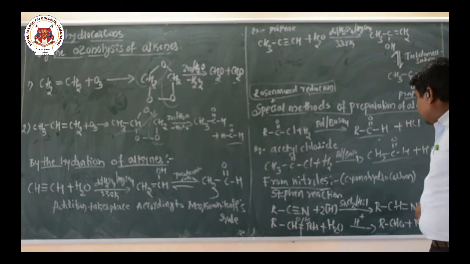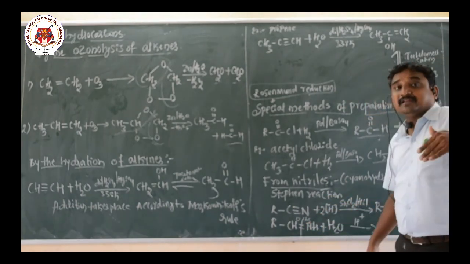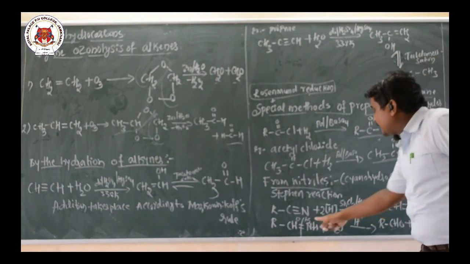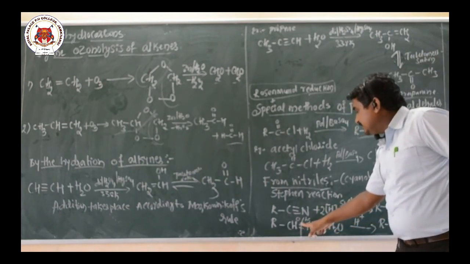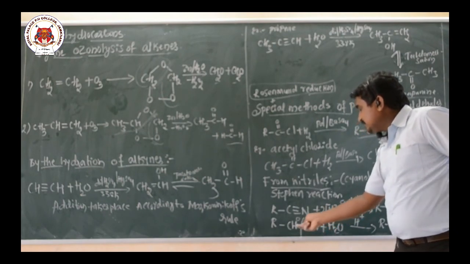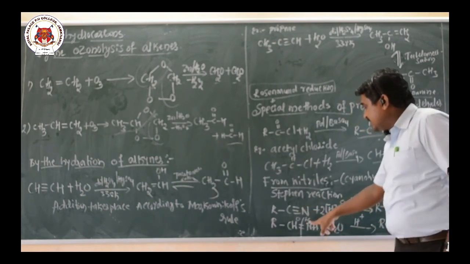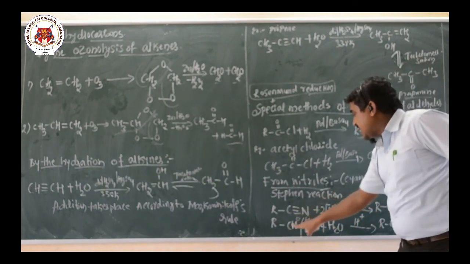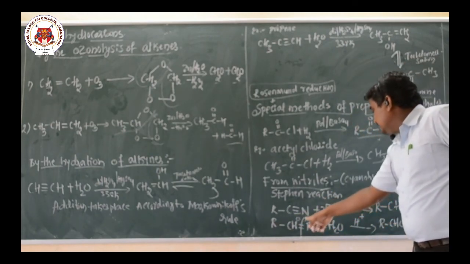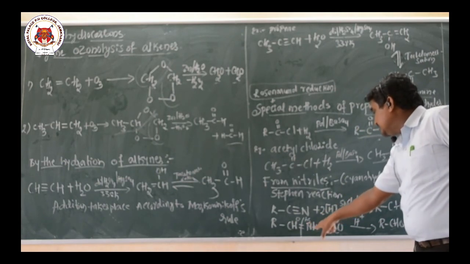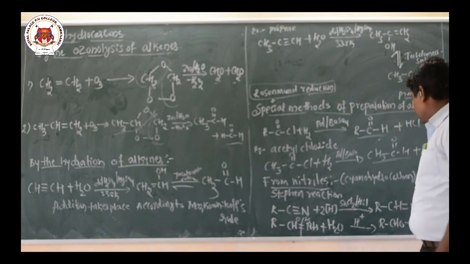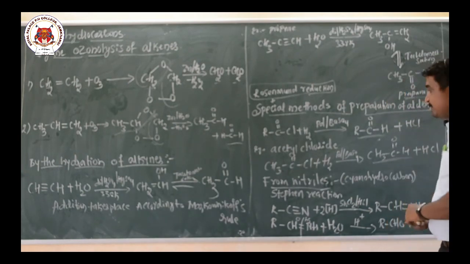After this it undergoes hydrolysis. Hydrolysis means breaking of a bond by the addition of water. Now after this addition, this double bond undergoes breakdown. So on this part addition of oxygen takes place, and to this part addition of H2, because we are adding H2O. Now the product is RCHO, and there is a removal of NH3. Already NH is there, and after addition of this H2 it becomes NH3. So this is another method for the preparation of aldehyde from nitriles.